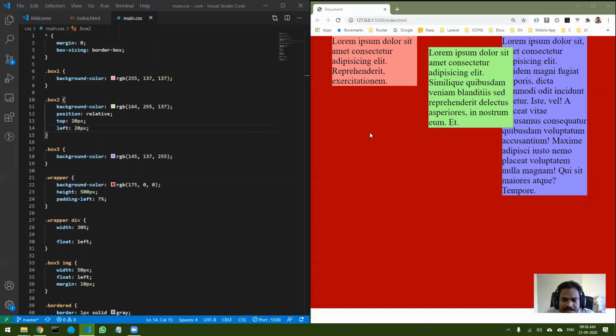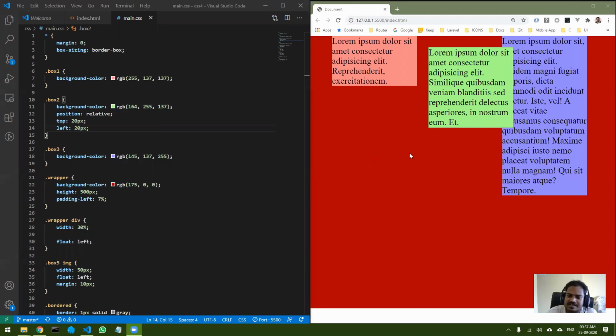Okay, Adnan Sheikh, sir, what determines which div would be above other div? That is a very good question, and in fact, I was going to mention that only next. Now you can see in this particular case, when I shifted it, green one is coming on top of the other ones. That is because there is something called as Z index.